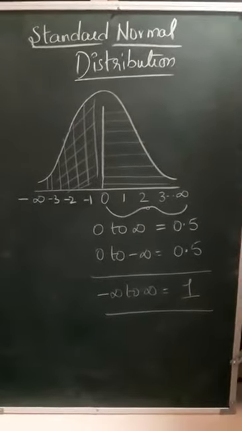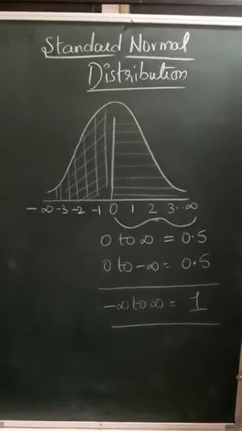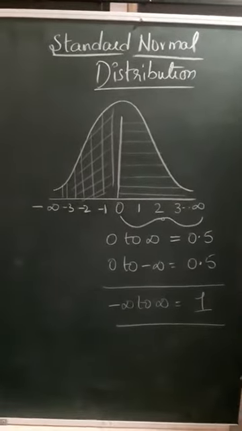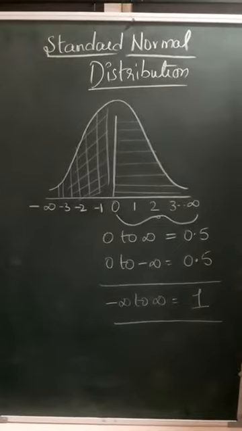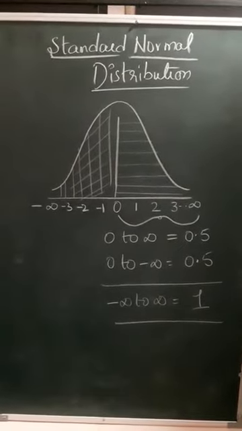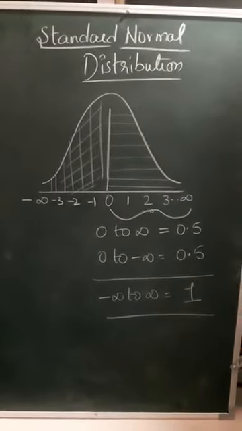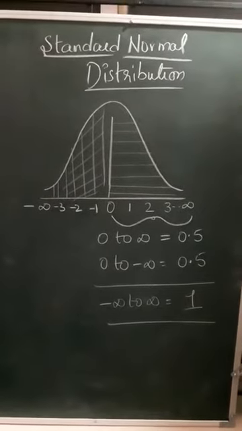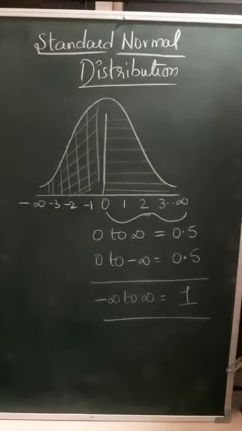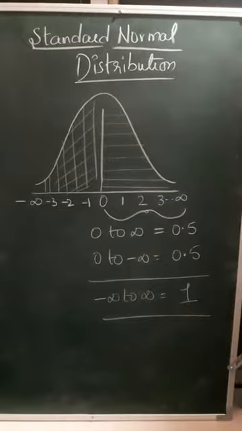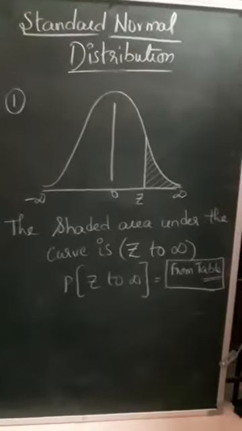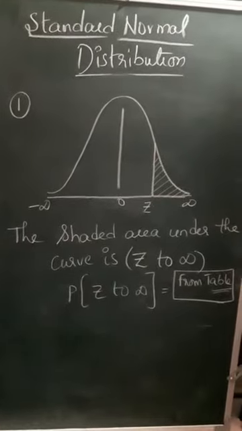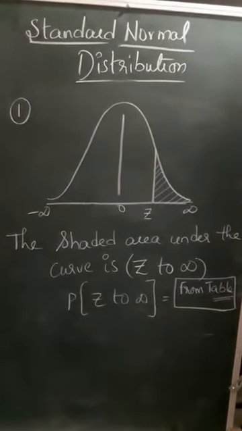So we shall see 9 different types of normal curves. Let us see it. If you understand the 9 different types of normal curves, the concept will be very, very easy along with the normal tables. Without tables, normal distribution cannot be calculated. Remember that always. So this is the first type of curve.